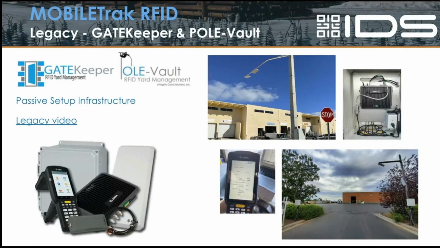Basically, we had to have their facilities people sink that giant galvanized pole in the ground. On the lower part of that pole, you see a box. The picture to the right of that is what's inside that box and the complexity of what we're doing, which is a fixed RFID reader, which is then connected via Ethernet back to their local area network. And in the outlet receptacle you see there, we had to run power to that. And then there's some coax cables that come out of that black box in the middle and route up that pole to those antennas you see on the top. So all of that stuff is required to make this solution work. So very expensive,